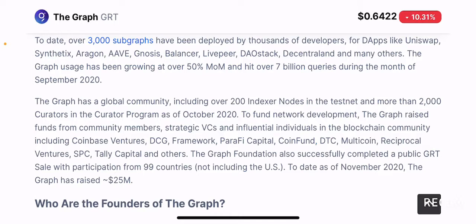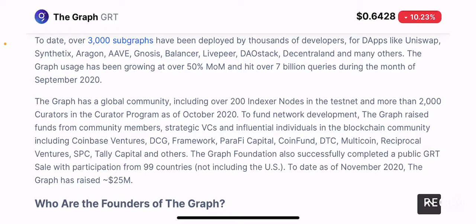So again, this is information that's probably not fully updated, but nonetheless we'll go with it. I believe there are more than 3,000 subgraphs at the time of making this video, deployed for dApps like Uniswap, Synthetics, and several other popular Ethereum-based and non-Ethereum-based